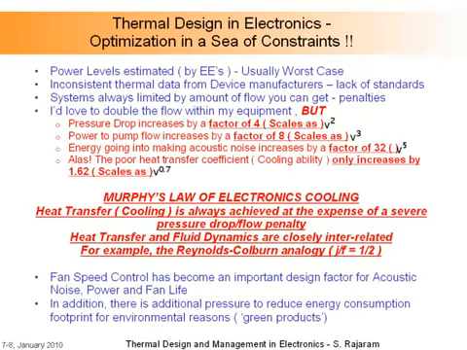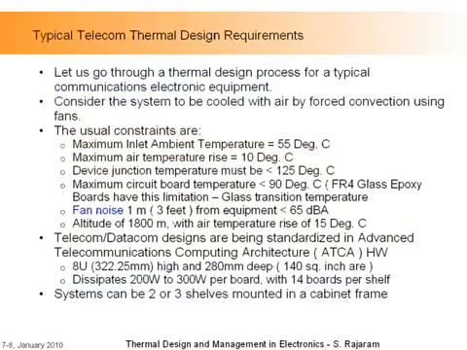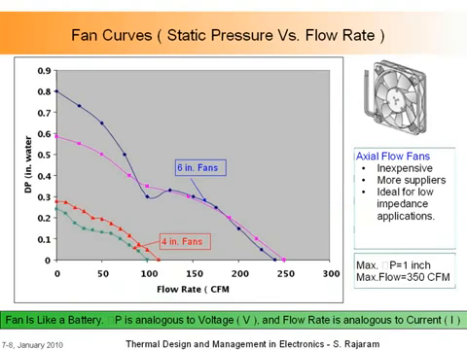Let me skip some of these. What I want to do is just show you something about fans. One of the things that we have to deal with is the selection of fans. And as you all know, fan characteristics are provided by the vendor. Usually they have 2 parameters, a flow and a pressure. And depending upon the size of the fan, you can have different curves. So we typically have to select fans based upon the amount of flow we need and the amount of pressure that we can withstand. As I told you before, those come from analysis.